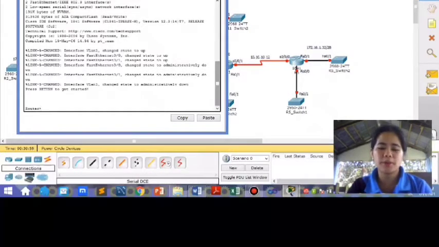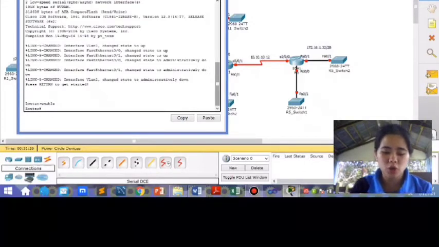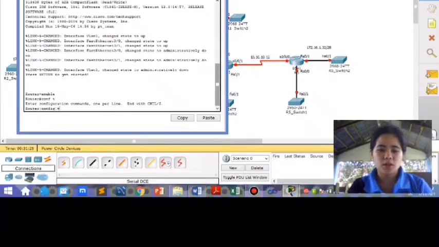From there you type enable to move to privileged mode, where the prompt looks like the number sign. In privileged mode, you can show anything but not make changes. Next, type configure terminal, or conf t as the shortcut,